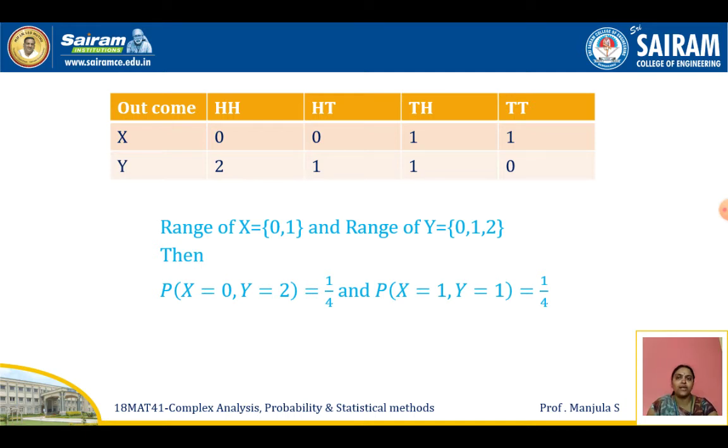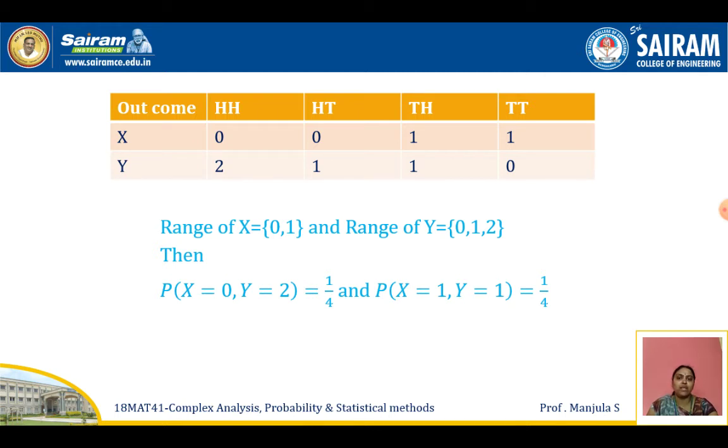Similarly, now we should write y. Y represents the number of heads that turn up in the tosses. For the first outcome, both are heads, so it means 2. One head means HT, TH. That is 1, 1, the value of y. And both times tail means the value of y will be 0. Now with the help of this we can write the range of x and also y. Range of x is 0, 1 because we used only two real numbers, that is 0 and then 1. Whereas the range of y will be 0, 1, 2.